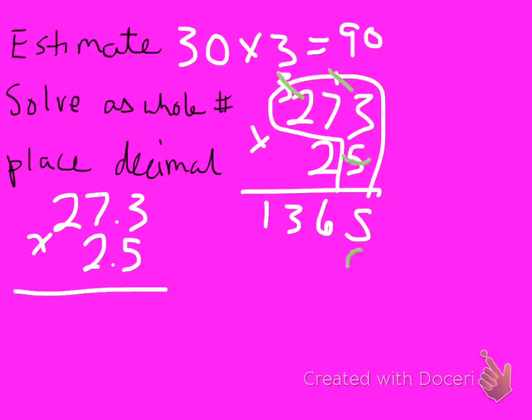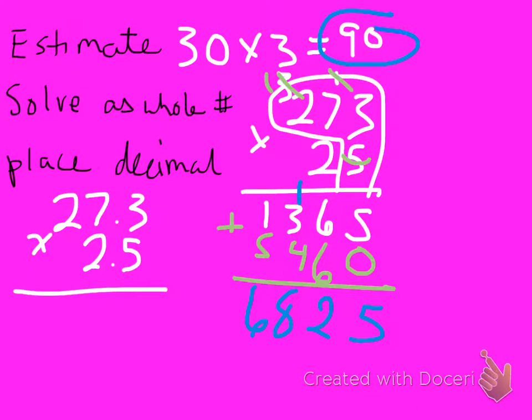Give the turtle a collar. Turtle lays an egg. 2 times 3 is 6. 2 times 7 is 14. 2 times 2 is 4, plus 1 more is 5. Then I'm going to add: 5, 12, 8, 6. Now my estimate told me that my answer is going to have to be close to